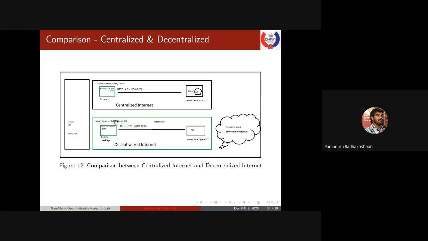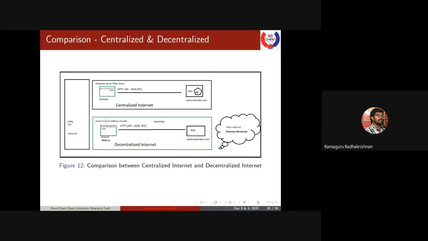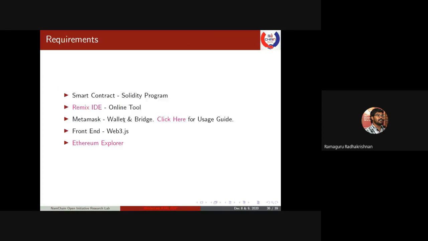These are the two things that you need in Ethereum. And to support the programming, apart from normal JavaScript, you need the additional JavaScript called Web3.js. Web3.js is a JavaScript module or library that helps you to create the front-end logic that will help you to talk to the blockchain. And whenever I say blockchain, it is via the smart contract. You need two things: one is the smart contract address, another is the application binary interface. Okay. And now,